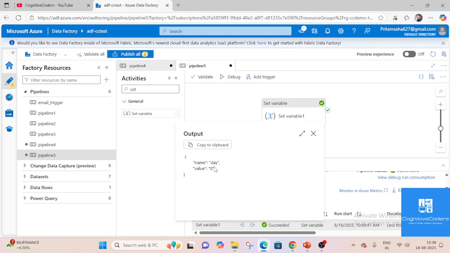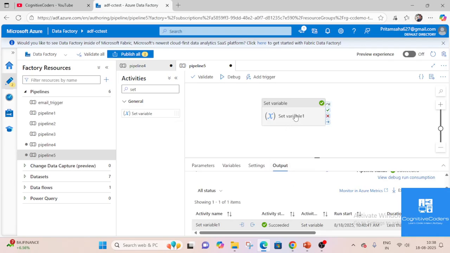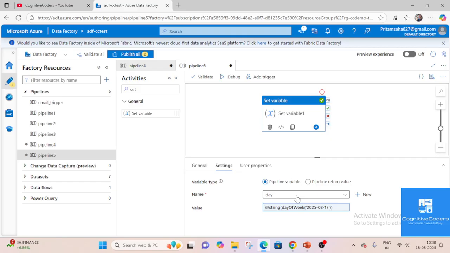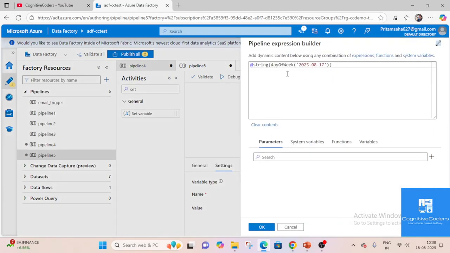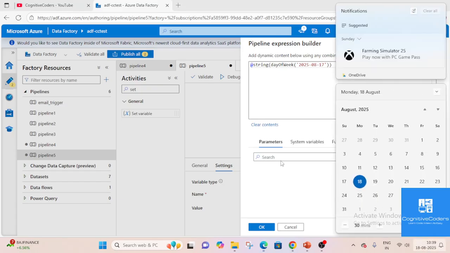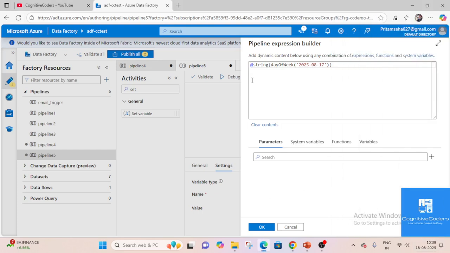It is giving 0 value. Sunday is 0, Monday is 1, Tuesday is 2; like this it gives the value. The same way, it is giving us the value 0, 1, 2, 3, 4. So for checking whether it is a weekday or not, weekdays are 1, 2, 3, 4, 5. So values 1 to 5 are weekdays, and 0 and 6 are the weekend. Based on that, what we can do, we can use